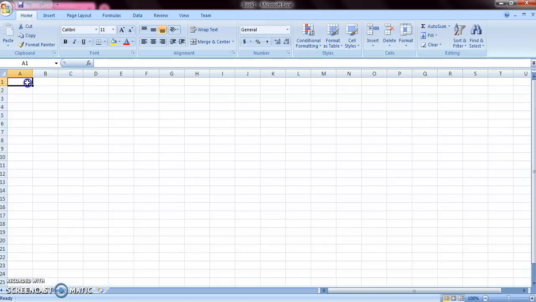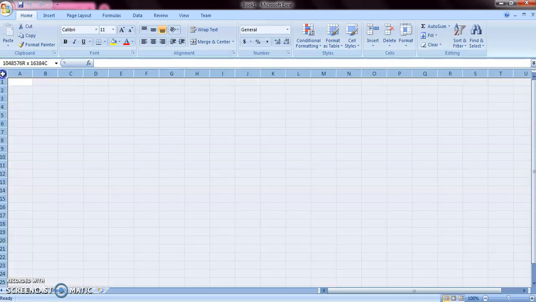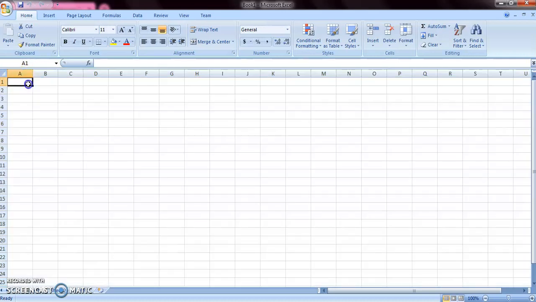Therefore the last row number will be 10,48,576, and the last column is named XFD because the alphabet goes on like this and you get the last column as XFD.